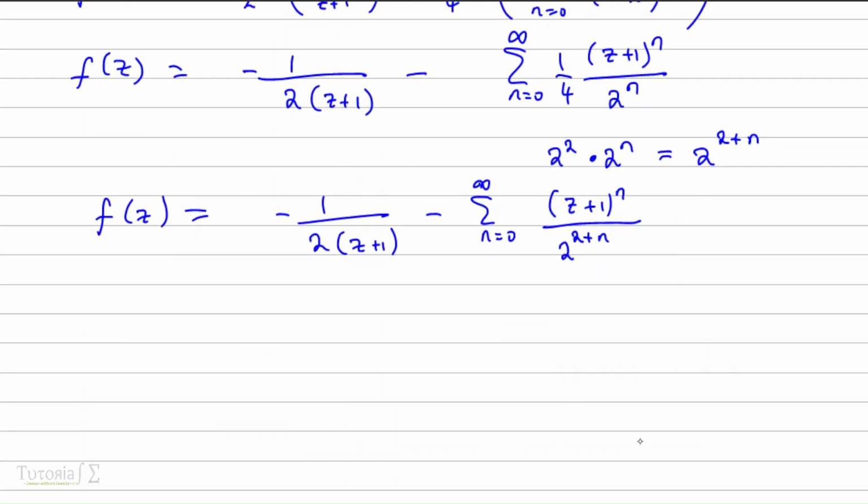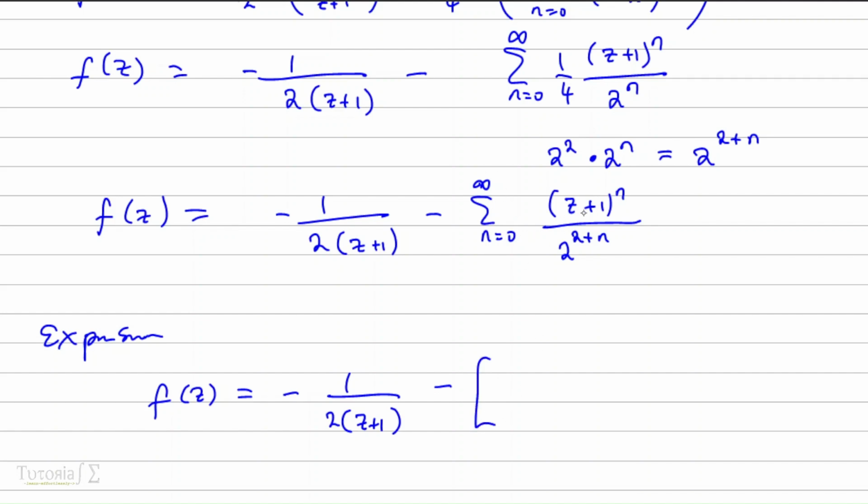Okay, so now if you're asked for the expansion, you need to expand, but if you're just asked for the Taylor series, you just leave it here. But if you're asked for the expansion, you now replace in the values of n from 0 up to n. So you have negative 1 over 2 open brackets z plus 1 here, which is fine, minus, so this part